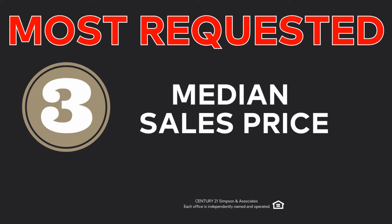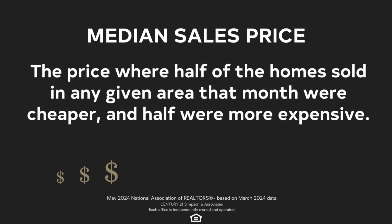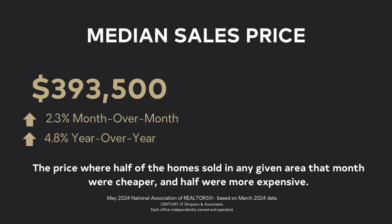Next is the most requested indicator, median sales price. This indicator helps us understand the core pricing trends of the market. The median is the price where half of the homes sold in any given area that month were cheaper, and half were more expensive. The median existing home sales price rose 4.8% from March 2023 to